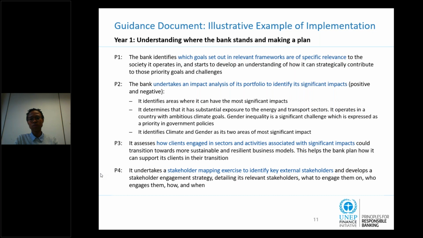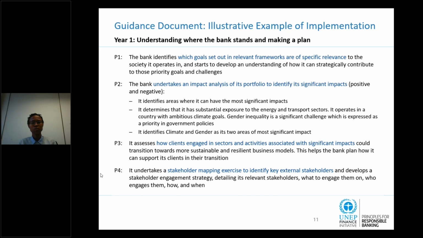Obviously, in terms of identification of the positive and negative impacts, you need to look at where it has the most significant impact. And all of us, we know our business the best. We know what our vision is, what our goals and objectives are. We can use all that background to support our understanding and identification of positive and negative impacts.